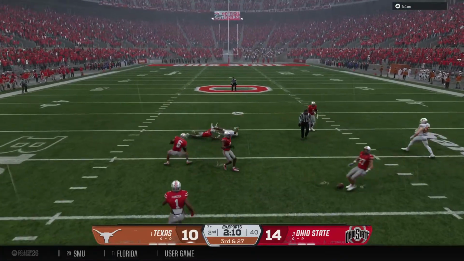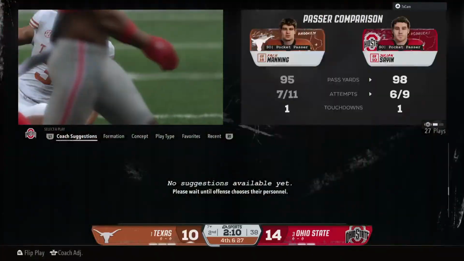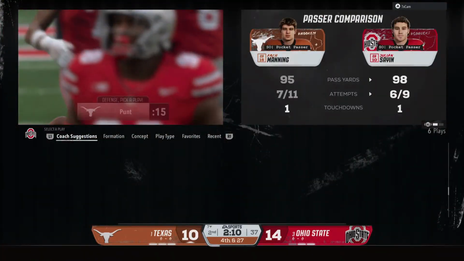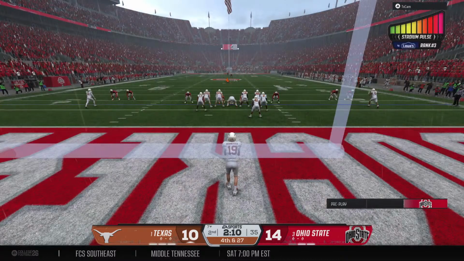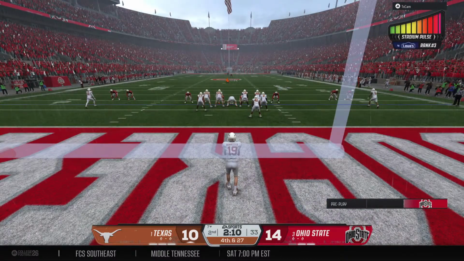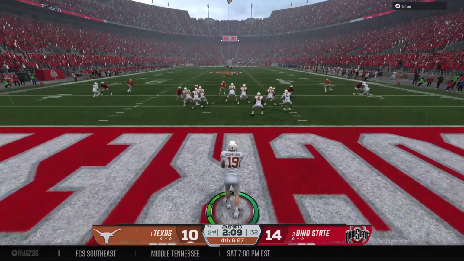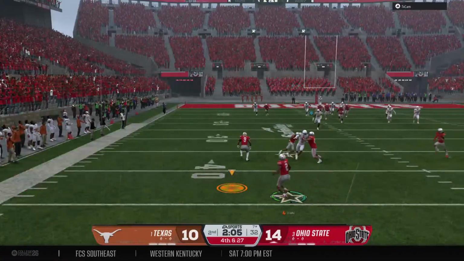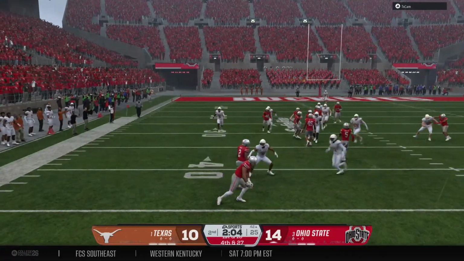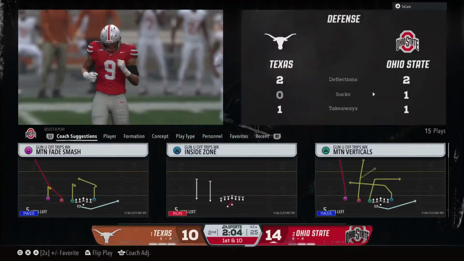Boom. And it's just flat dropped on 3rd down. What a big mistake. Now this offense facing a 4th down call. The Longhorns will bring their punt team on the field now. He boots it away from inside his own end zone. And the fair catch signal, and he takes it.